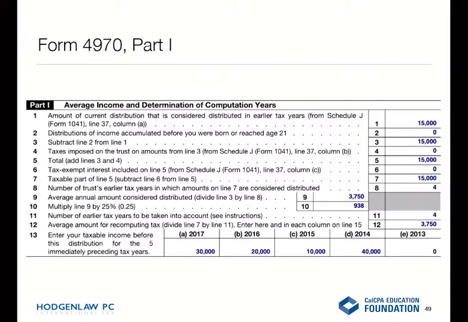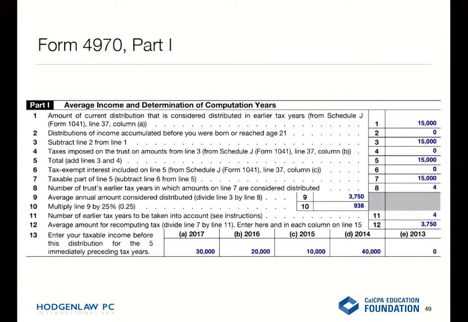Now here on line 13, these numbers are important too. And this is actually really important if you're following along with the presentation and you're looking at another website or you're looking at your phone right now. Put that stuff down, pay attention. Ha, gotcha. This is really important. You're not going to be able to come back to the slides later and understand what's going on if you don't listen right now. So these numbers here on line 13, what you're supposed to put is not the number that I put here. I just made these numbers up. What you're supposed to put is your taxable income for the years 2013 to 2017,